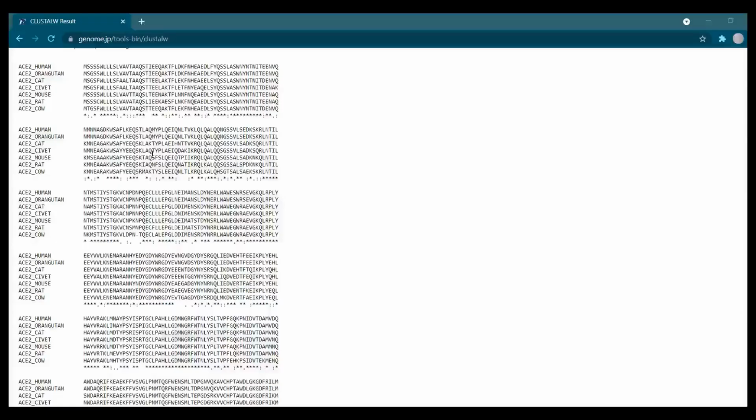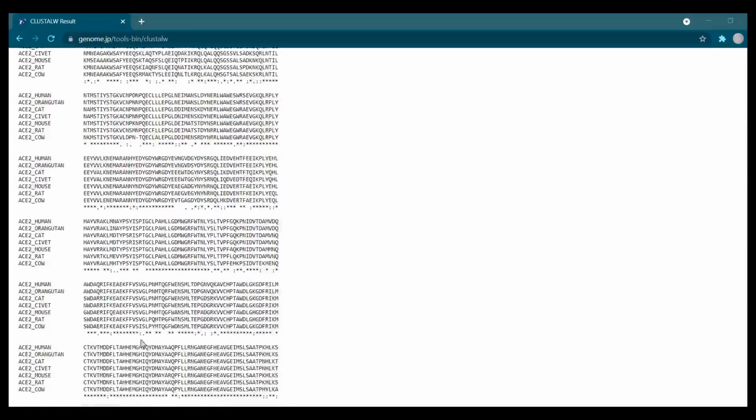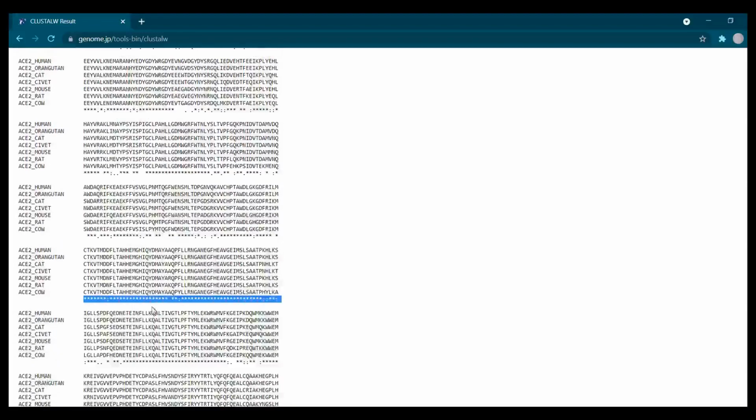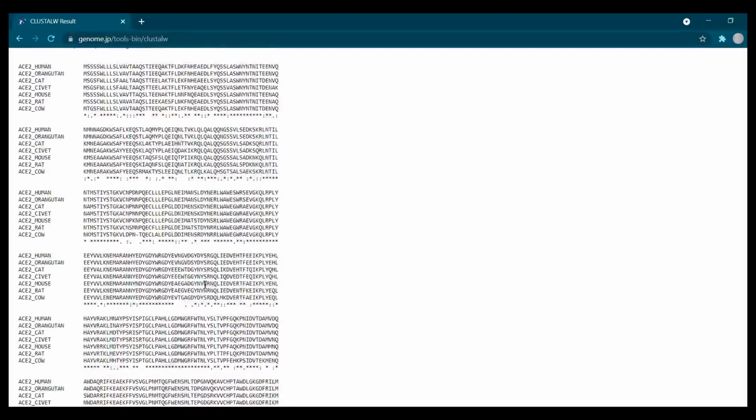So now let's again come to the results. Now we know about these symbols. When you see in the results, when the sequences are multiply aligned, the regions where there is a stretch of stars along with the double dots, like you can see over here, this region is highly conserved when compared to other regions.